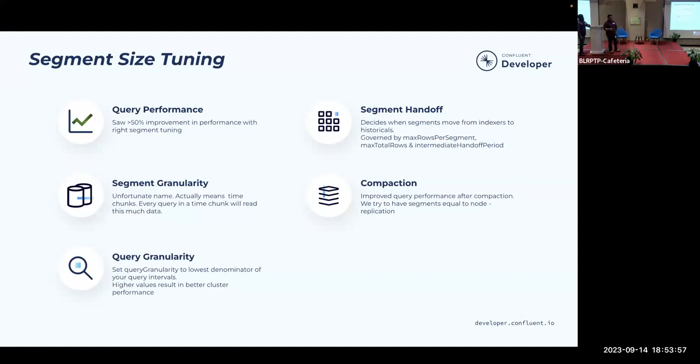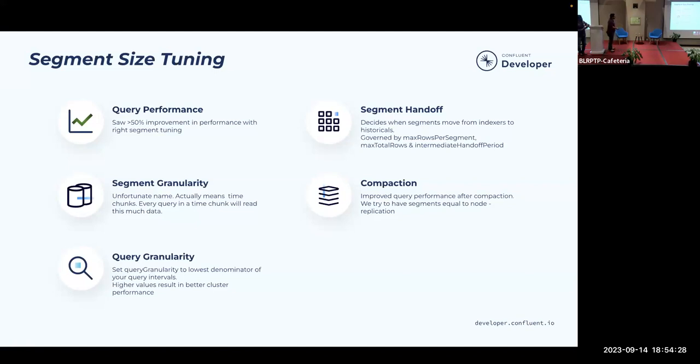Our query pattern showed that most of our queries asked for data which was very short, right? We get a lot of queries, but they ask for very little amount of data. So we changed our segment granularity to 10 minutes. That effectively reduces about 33% of the data you read for every query. And this also gave much better performance than expected because things started fitting into the cache better.